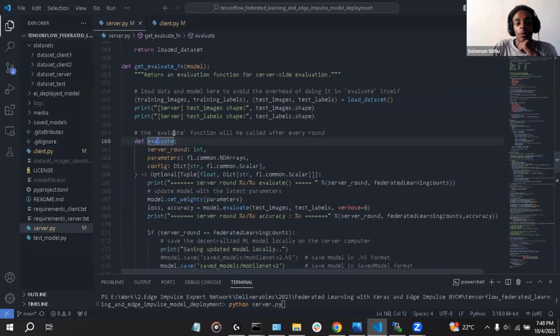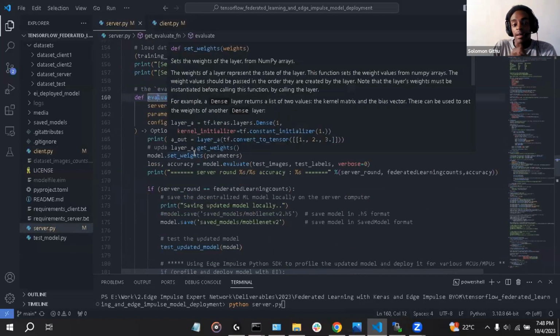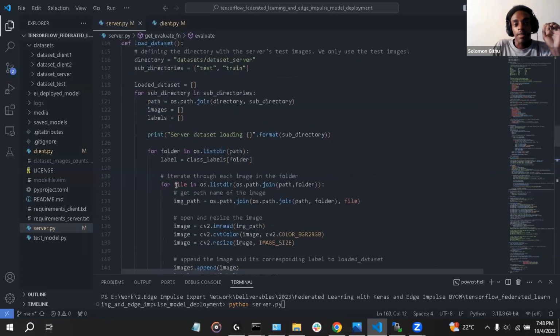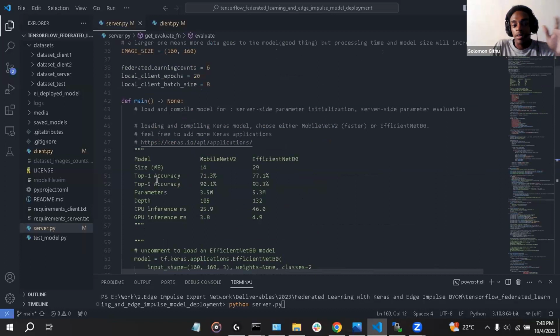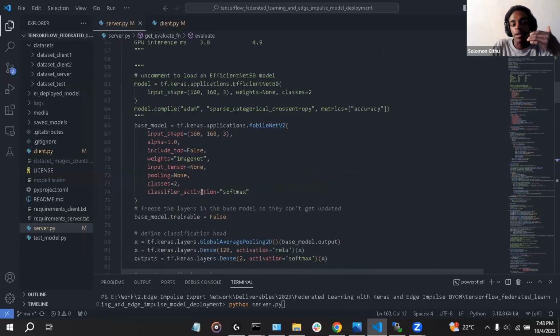And then here we have the evaluate function. One of the things that I added here is after the federated learning has been done, the server will save the final model. And this is another cool thing with Flower is that here at the top, we are free to load any model. So if you want to load a MobileNet V2, if you want to load a YOLO V5 model, you are free.